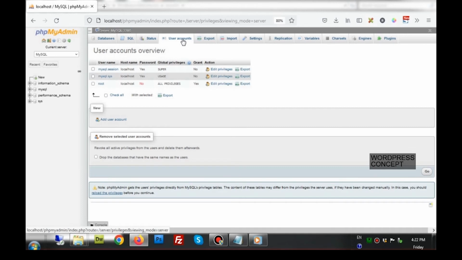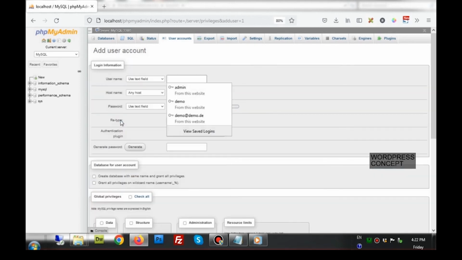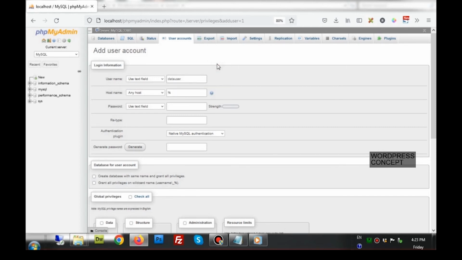You have to go to user, you will go for add user. The user name, the user of the database name would be data user, you can say. You can give it a more complicated name, but for me, now you have to select local, and it will give localhost here as the host name, and then you give a password.